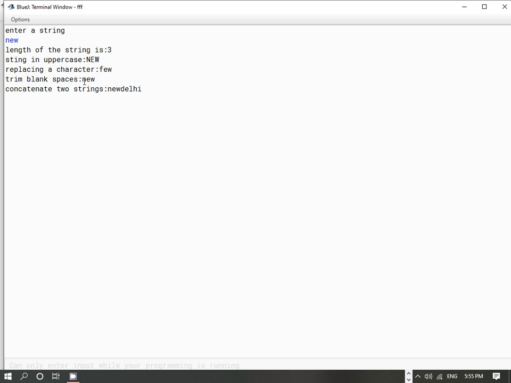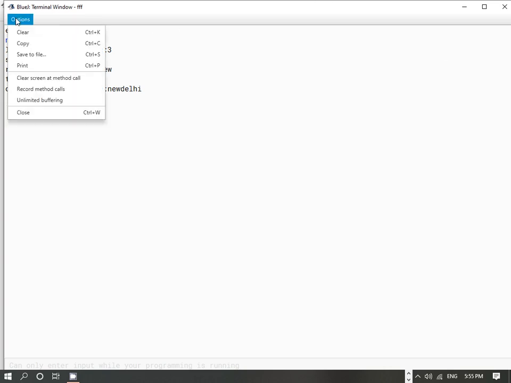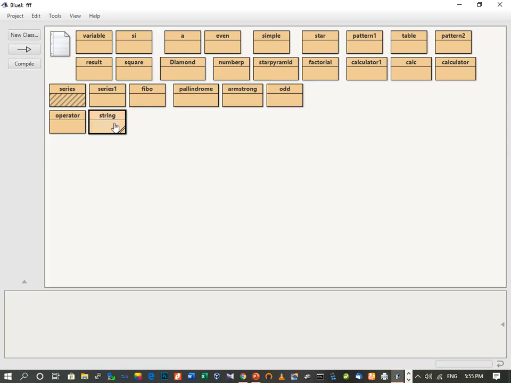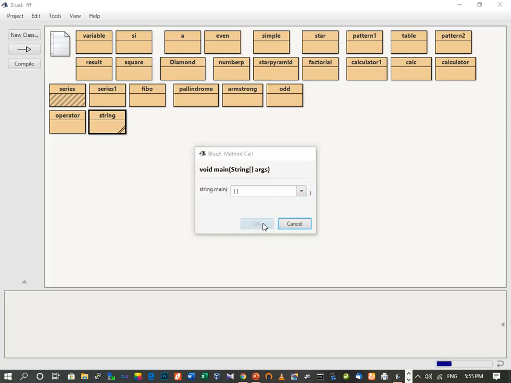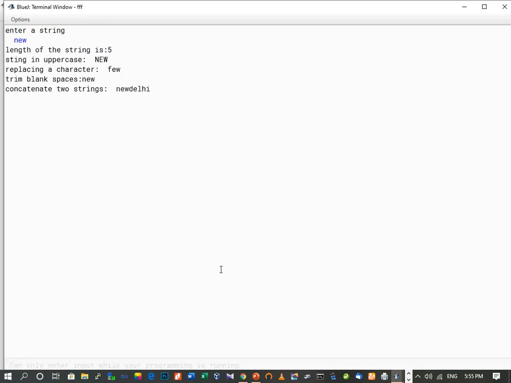So once again we will enter one more string and provide some blank spaces so that we can see the function of the trim function. So let's clear this. We are going to execute the program again. Okay, so enter a string. Let me provide some blank spaces. Here I have provided two blank spaces. So the string has been entered.